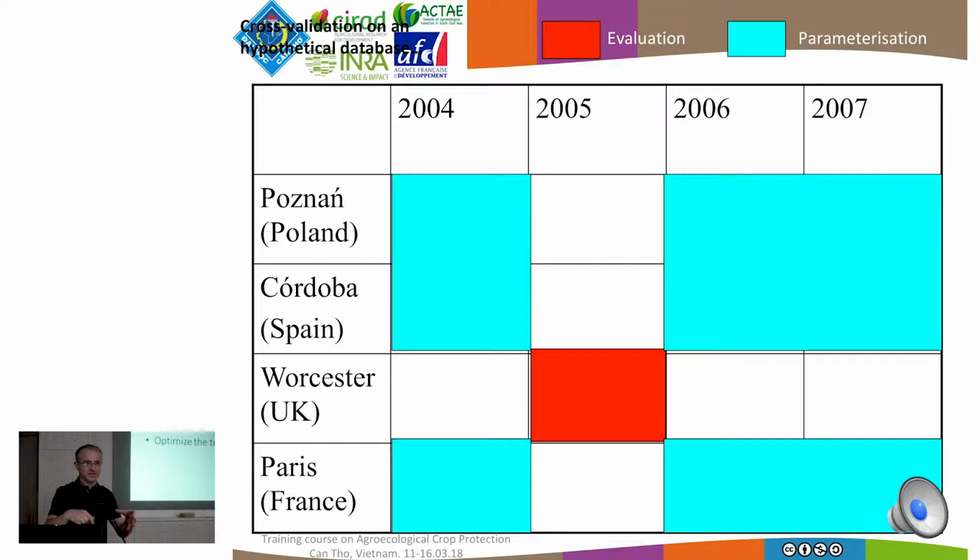Okay, so based on all this knowledge, our idea was how can we use a model to then design a strategy of trapping. So our idea was to integrate this knowledge in a model, and to do that, we use an individual scale model. It is what we call an individual-based model. It is very interesting, this type of model, because you start from parameters that are at the level of the individual. So it's how the insect decides to go from one place to another, what distance it is supposed to do, etc. And then you have the emerging properties at the population scale, at the field scale.